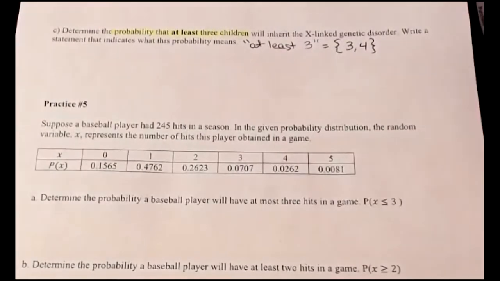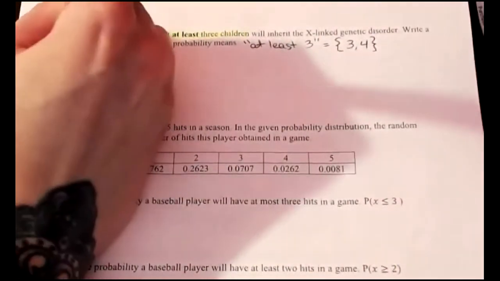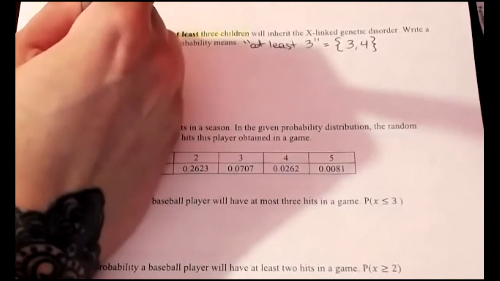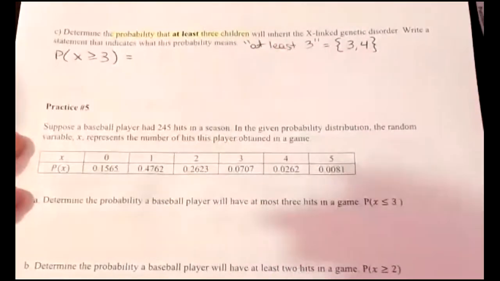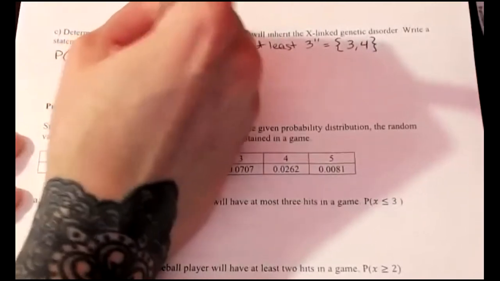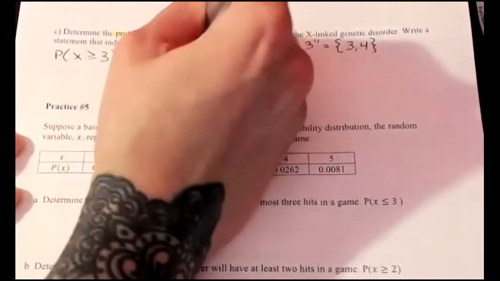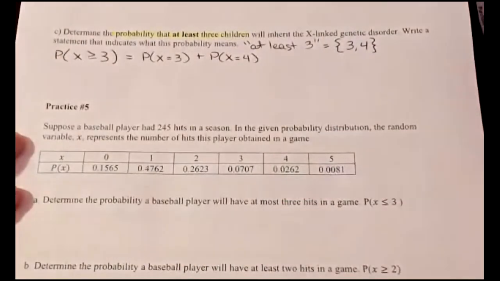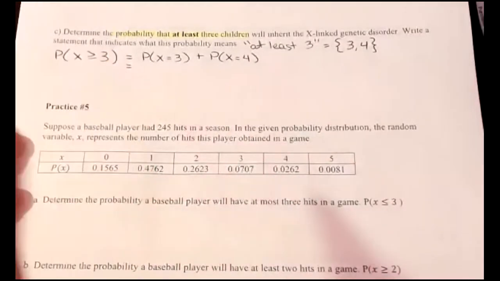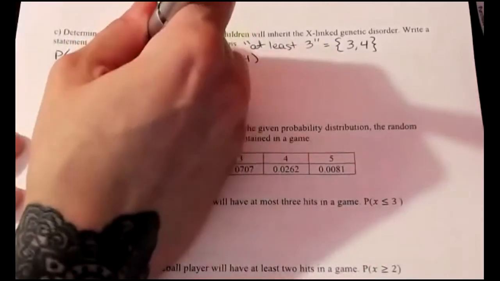All right, perfect. So we have the probability of at least 3. That means 3 or more, right? So the probability that our random variable takes on values that are greater than or equal to 3, it's going to be the same as finding the probability when the random variable equals 3 plus when the random variable equals 4. So we notice that the probability when 3 children are linked to inherit the linked genetic disorder, that's